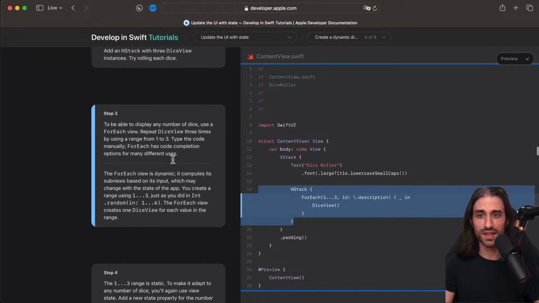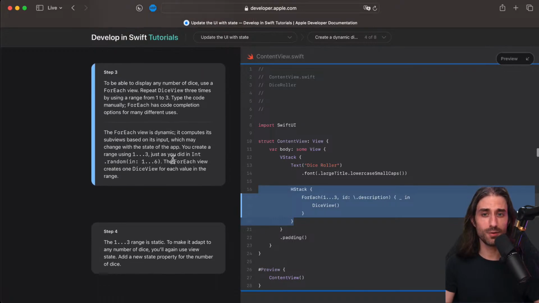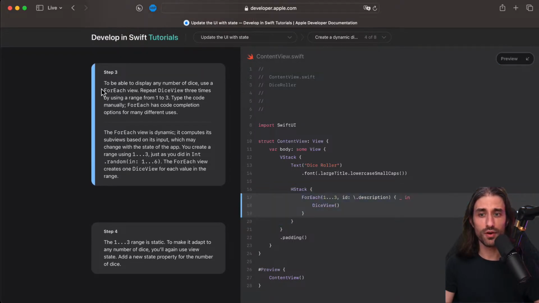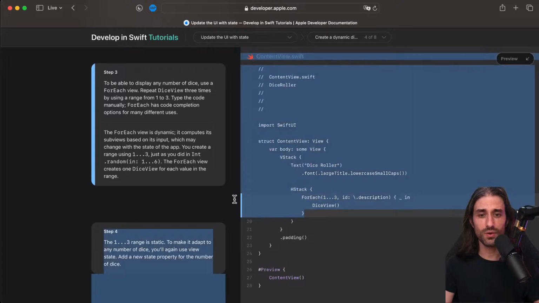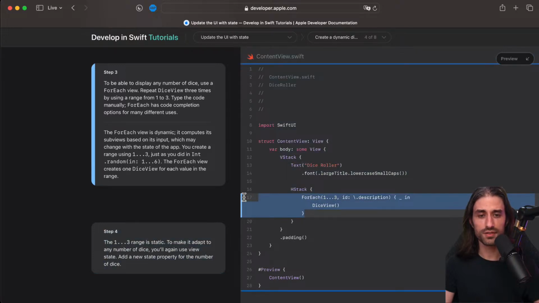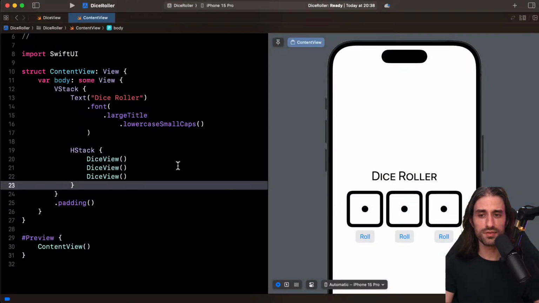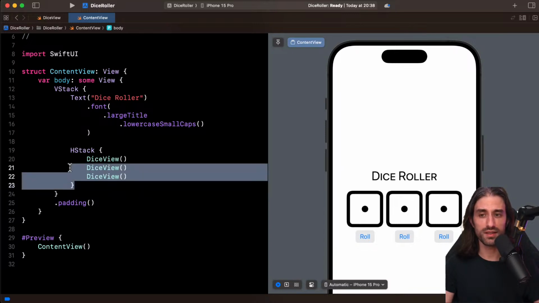Okay, so then to be able to display any number of dice, we're going to use a ForEach view. Repeat DiceView 3 times using a range from 1 to 3. Type the code manually. ForEach has code completion options for many different uses. So right now we do a ForEach with a static number of elements that we iterate upon.